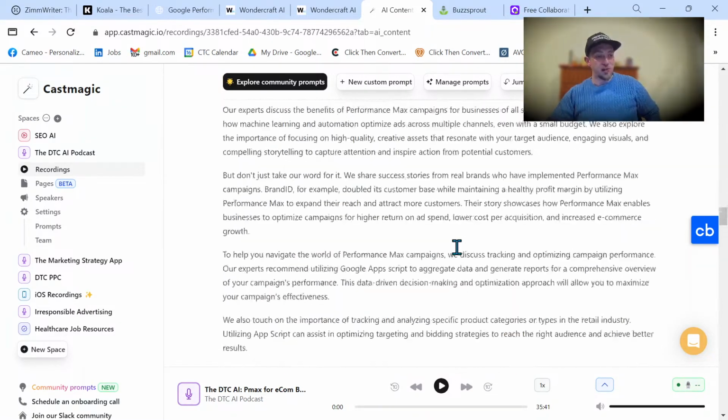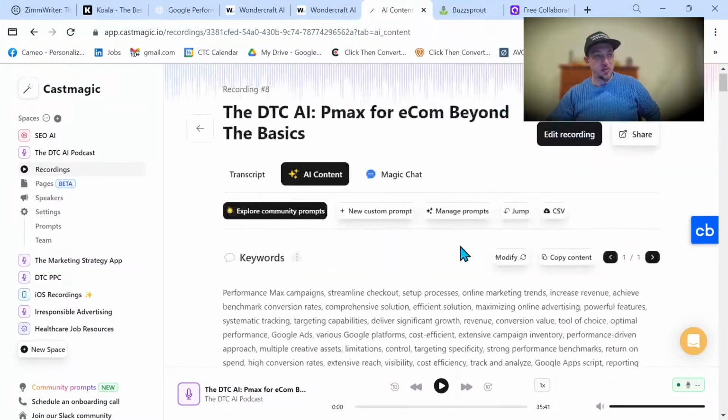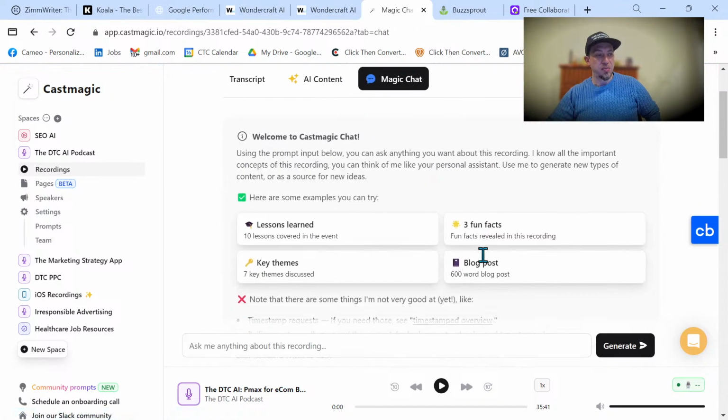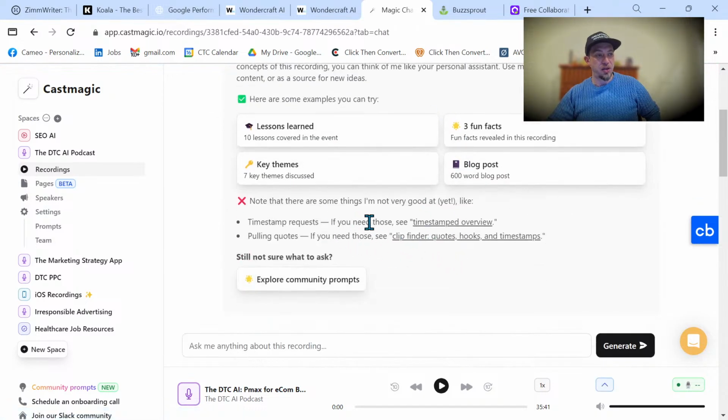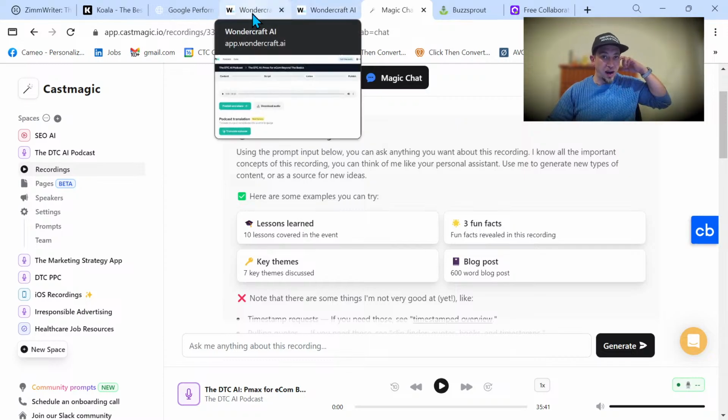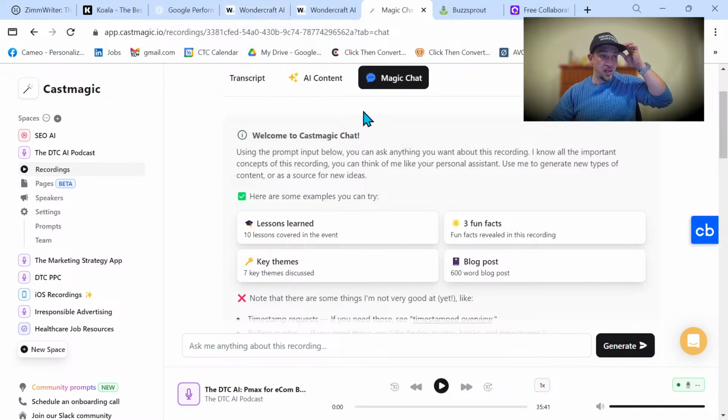And so you can interact with this. You can ask it to make you a report. You can go into the Magic Chat, and this is a really cool chat because it has all the information from your audio. Well, we could actually create a blog post from here. So if you started in Wondercraft, see if you can keep up with me. If you started in Wondercraft and used URLs, then we can put that in here, and now we have a blog post. So that's a pretty cool twist.